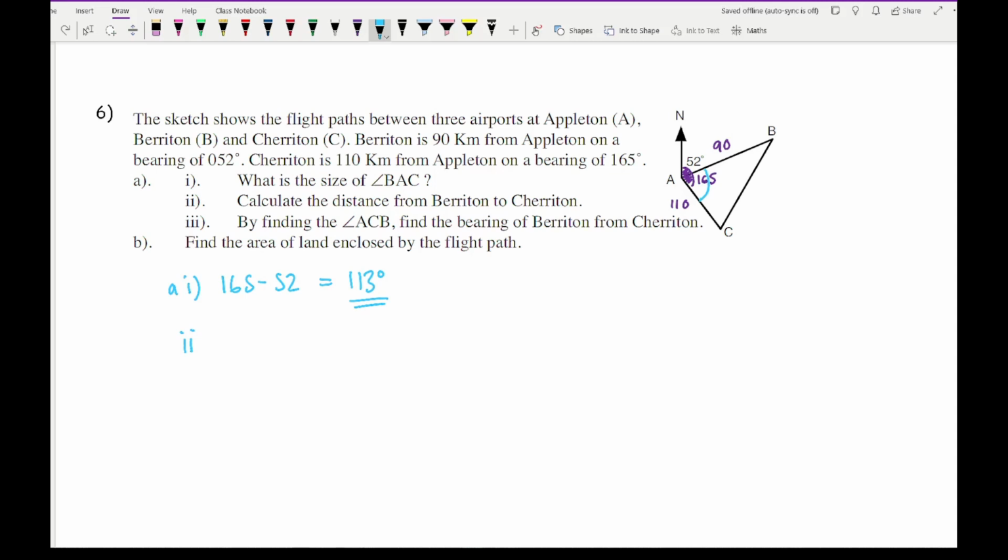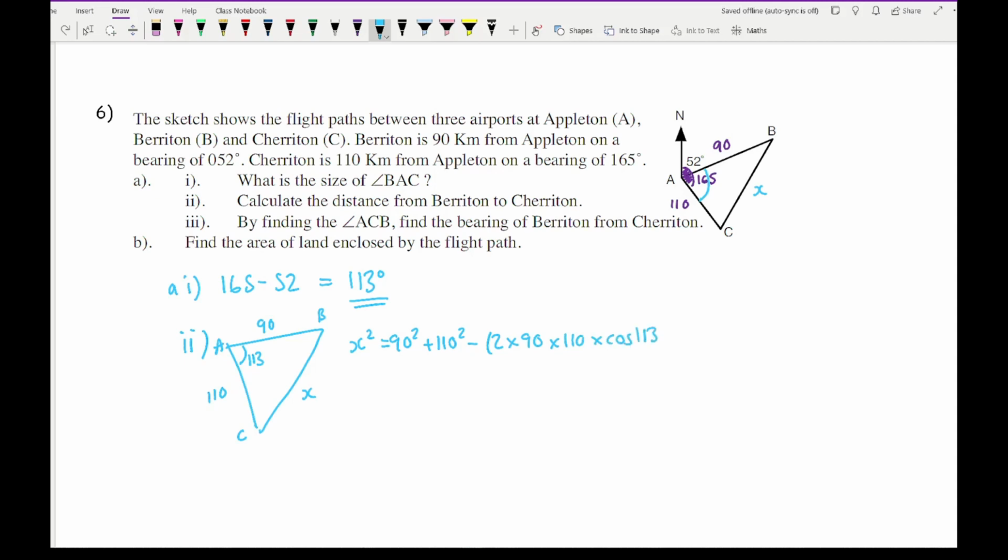So Berriton to Cheriton is this side here. So taking and drawing another triangle and calling this A, B, and C. We know that this angle here is 113, this is 90, this is 110, and this is what I've been asked to find. So x squared equals 90 squared plus 110 squared minus 2 times 90 times 110 times